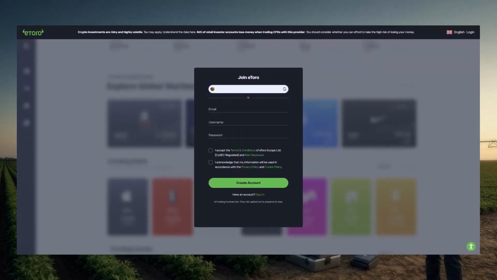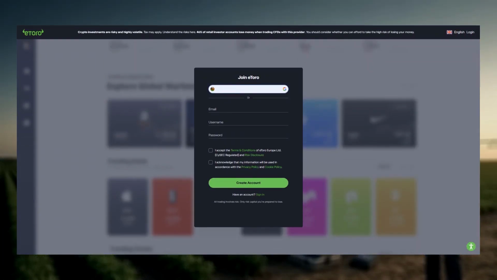To buy shares, you need a brokerage account, and I will use eToro as an example to demonstrate the steps. After registering, you will need to verify your account, usually with a government ID, and add funds before you can